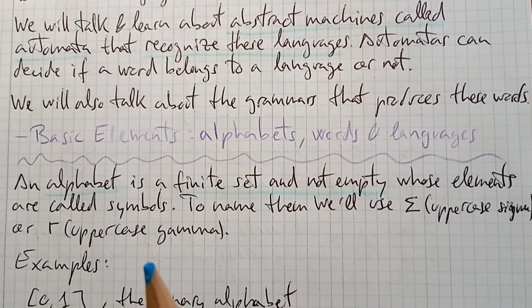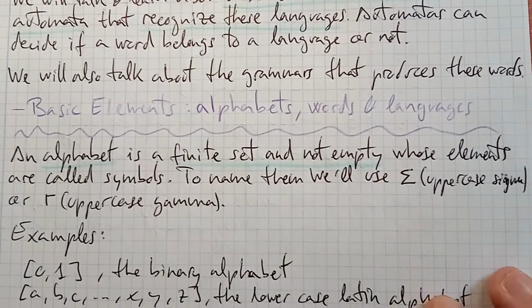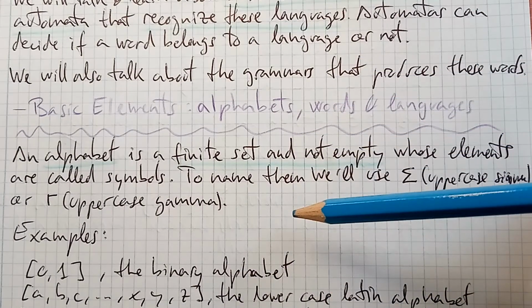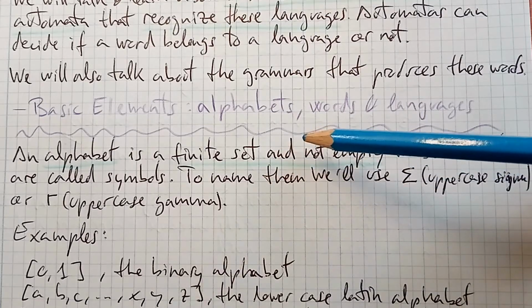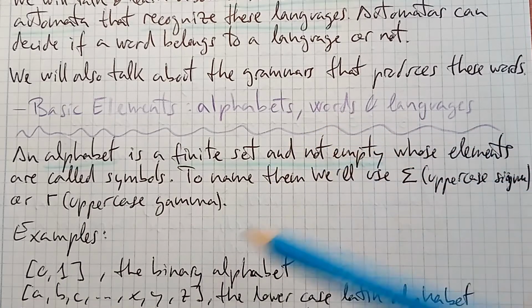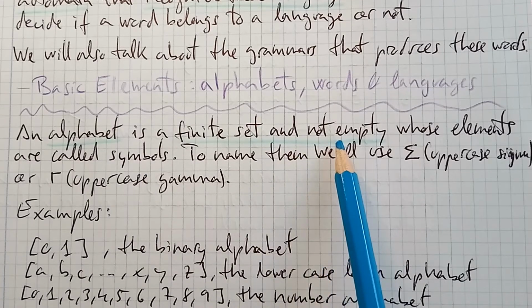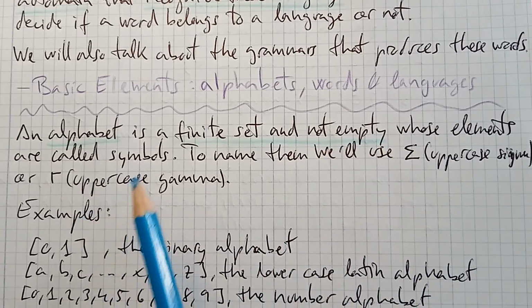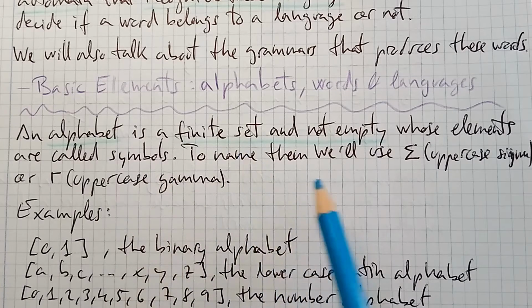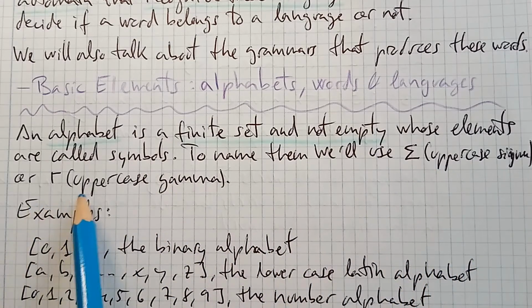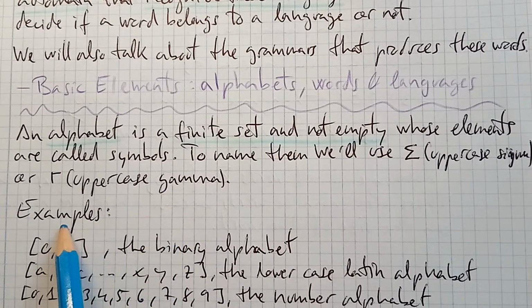The basic elements, the very foundations of the automata theory, are alphabets, words and languages. An alphabet is a finite non-empty set whose elements are called symbols. To name them, we will use uppercase sigma or uppercase gamma. For example,